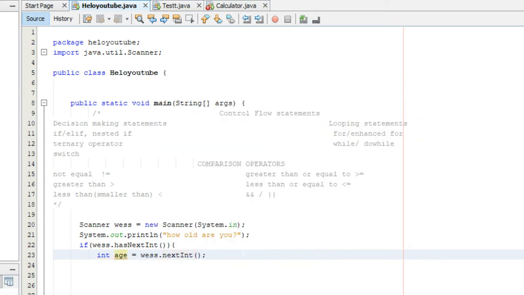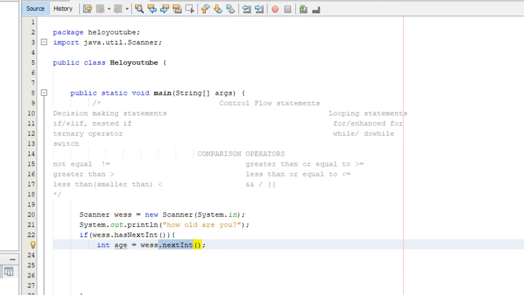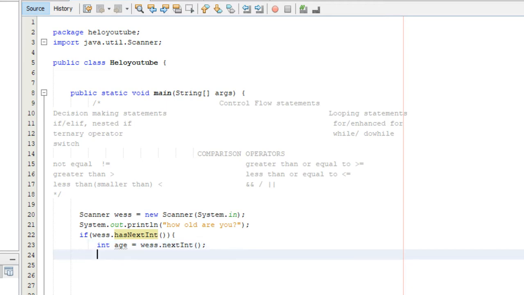And if you've been watching the previous tutorials, you will know that Wes is the object of the Scanner class. nextInt is a method that accepts user input in the form of an integer, and we are now assigning it into the variable age. And that will only happen if hasNextInt is true, which is just checking to see if we are typing in an integer. So you guessed it,